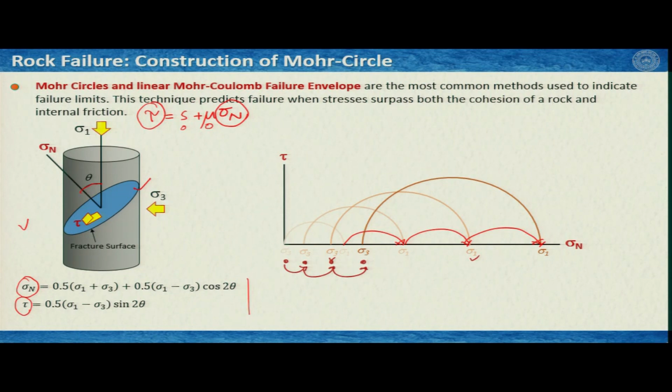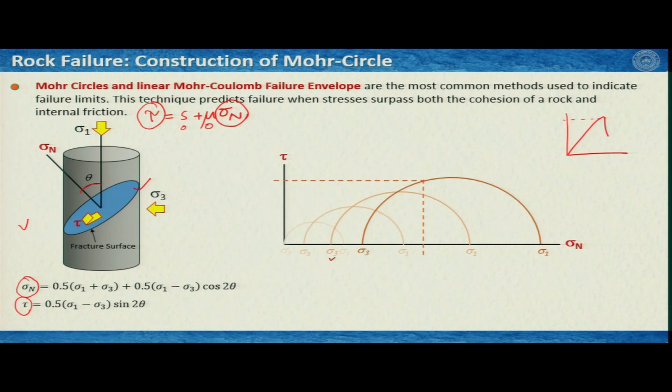The failure stress is where we see the first fracture appearing, that this is the stress at which it is failing. Now, interestingly, this is a plot of normal stress versus shear stress. Now, it is possible that I can actually figure out a line which is touching all these half circles,